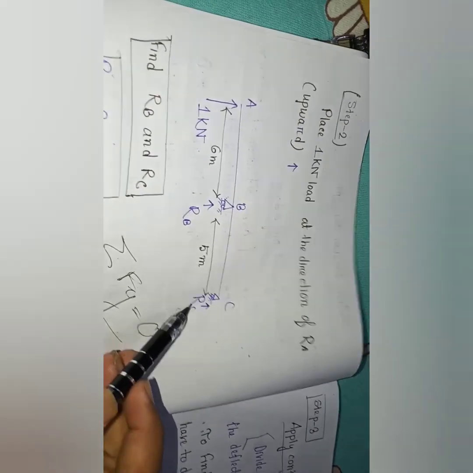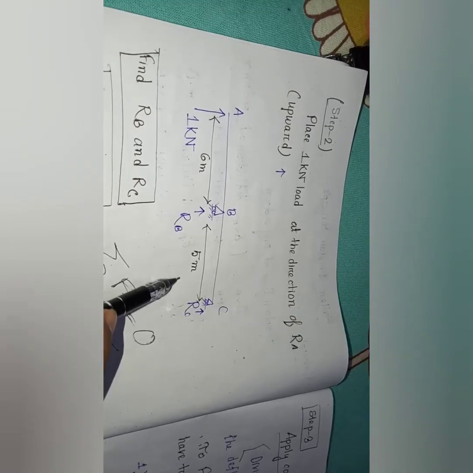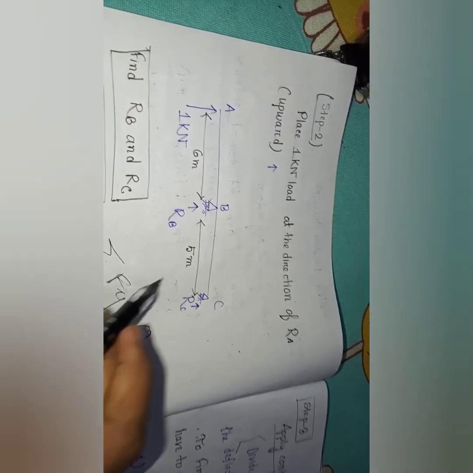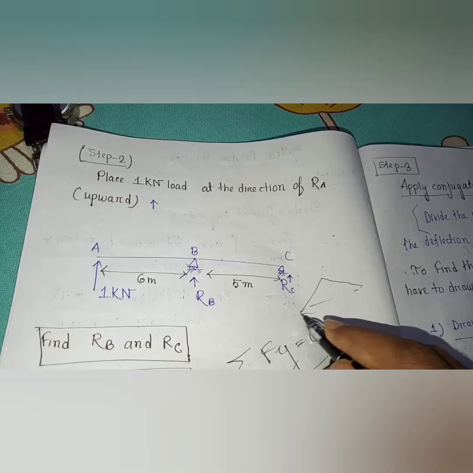To find the conjugate beam method deflection, we have to draw the M by EI diagram. Okay, to find the conjugate beam, we have to draw the M by EI diagram. And now we'll move to this. So if we want to draw the M by EI diagram, so what will we get? We get RC into X. If we move from right to left, RC into X we will get, so it will form a triangle shape. We all know how to draw this SFD BMD. We all know this. So I have drawn it.